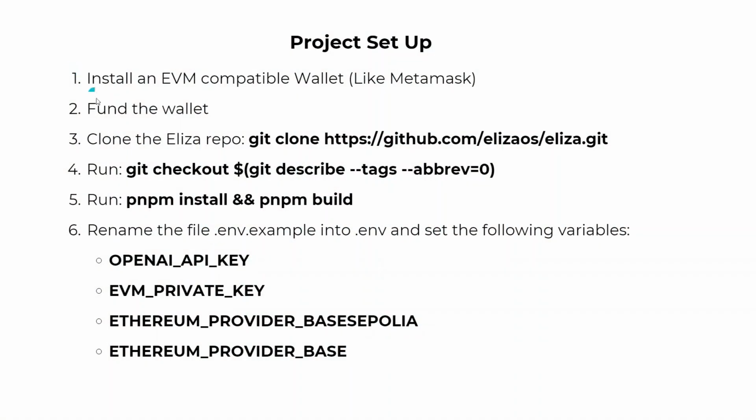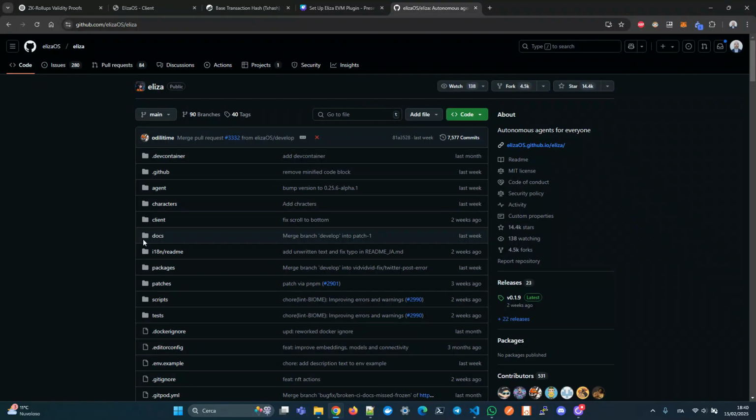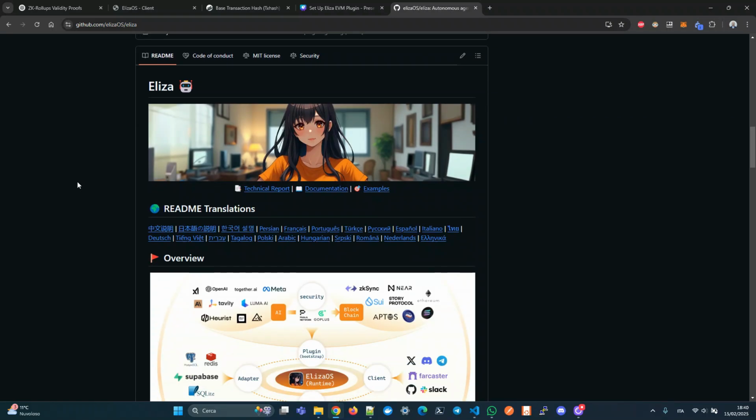The first thing to do is, of course, we need to have an EVM-compatible wallet, for example, MetaMask, and we also need to have funds in our wallet. Then we can start by cloning the Eliza repository, which can be done with this command, and then run this git checkout command. This is the Eliza repository. As you can see here,